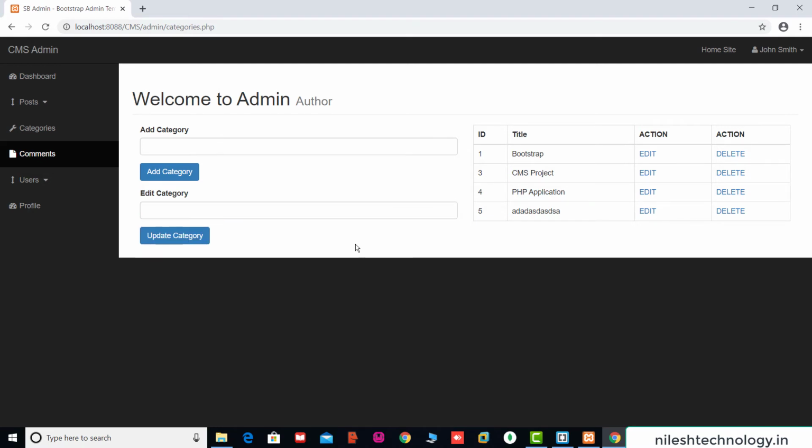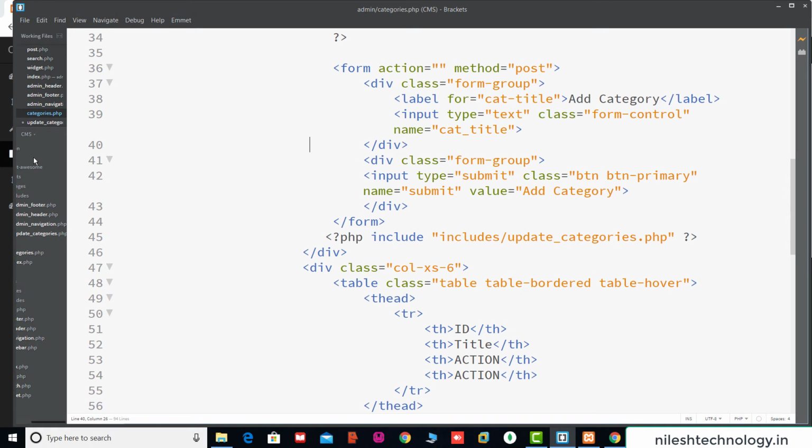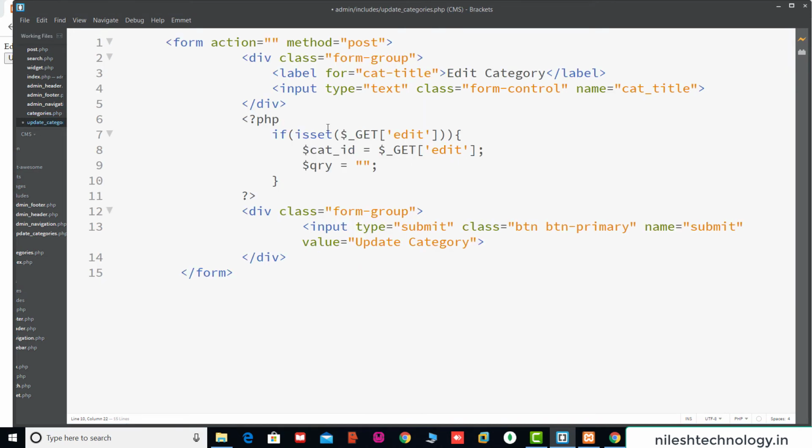This is the first task. And then the second task, if you modify this category and click on this update category button, then this category is modified. So that's why here we add this PHP script inside this form tag.